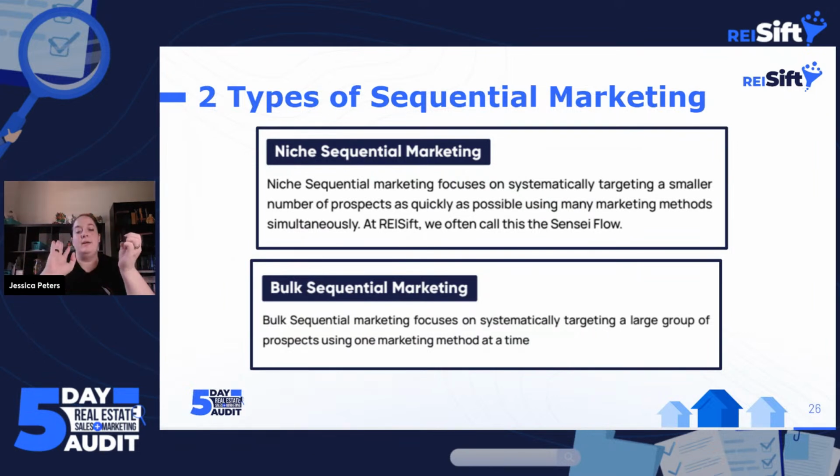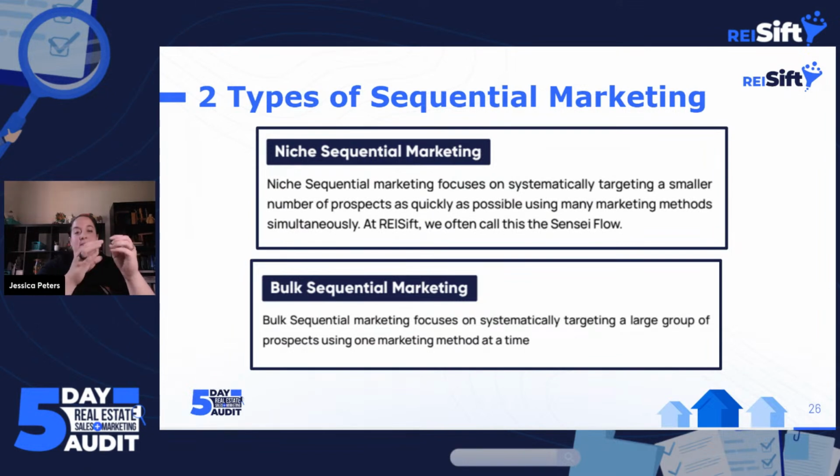Niche sequential marketing is usually a smaller number of prospects. There are kind of 2 candidates for the smaller number of prospects that we often see. One is what we call first to market. This is usually a vexation that you want to focus on. So maybe you really target probate data and you're an expert at helping homeowners get through the probate process and purchasing their properties. And so you target that. And so you pull the new probate data as soon as it comes out, daily or weekly, right?